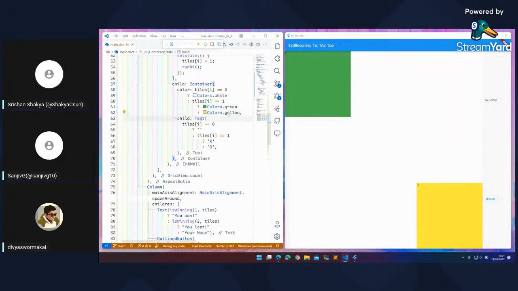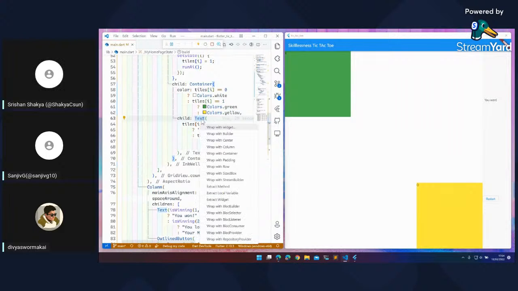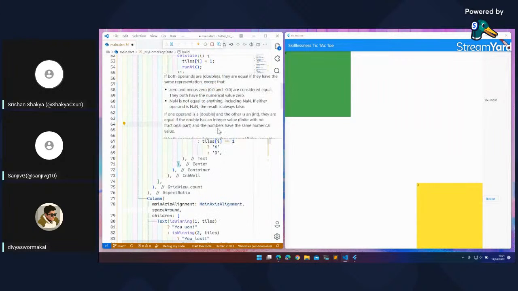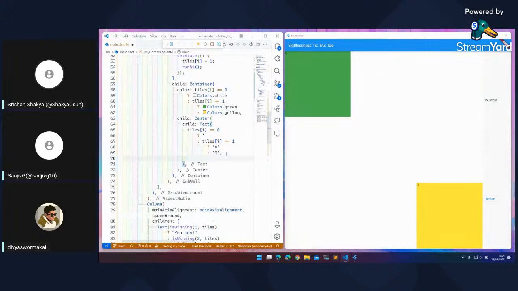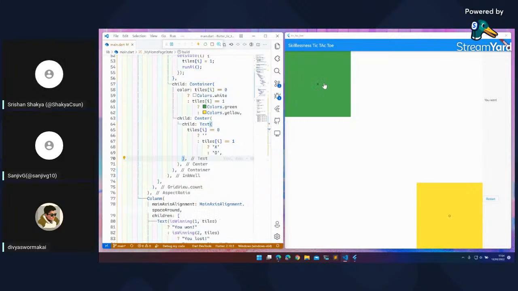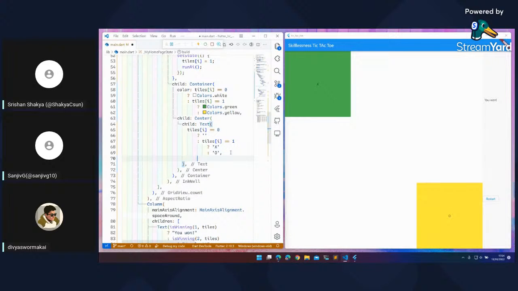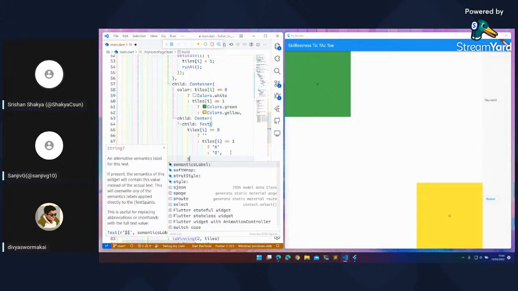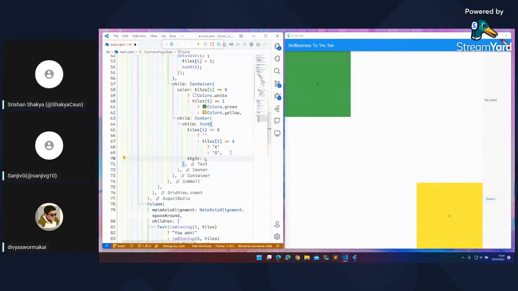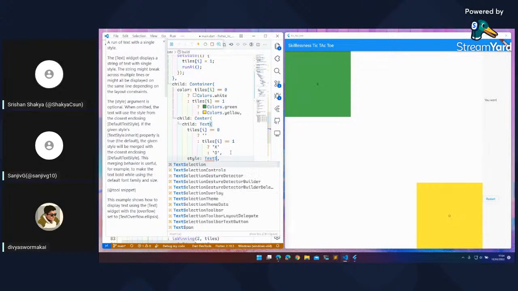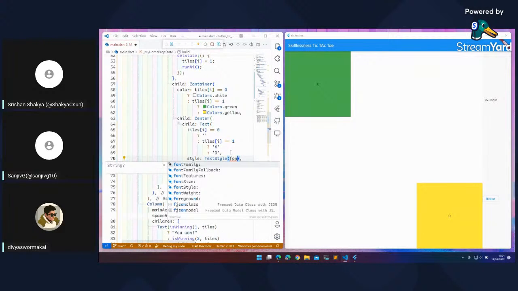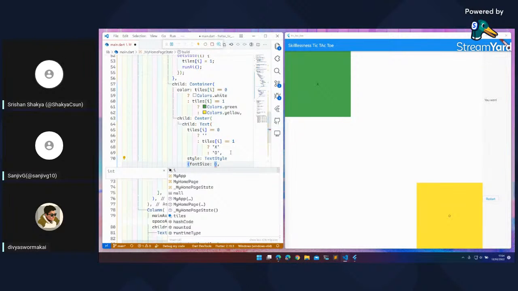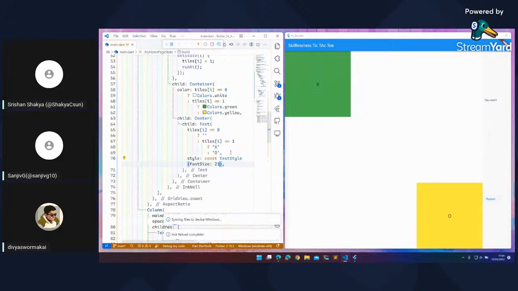And we can also center this child, and also probably change the font size of this. If we do Center, then it just goes to centering, and we can change the font size by the font style, font size equals to, I don't know, 21 maybe.